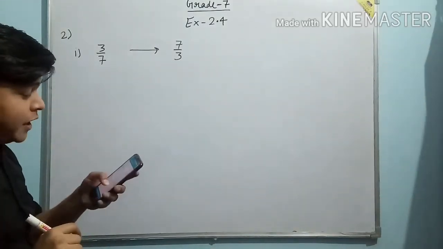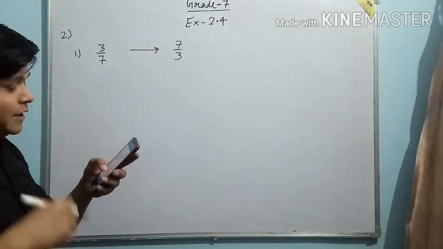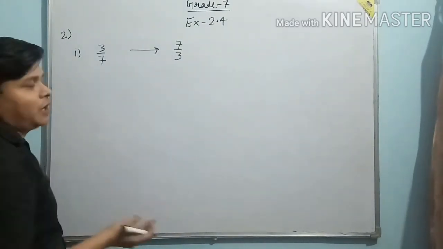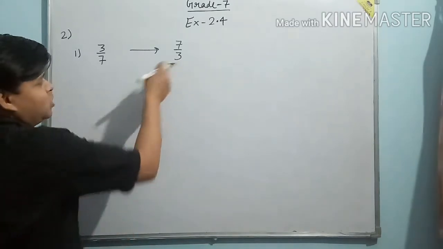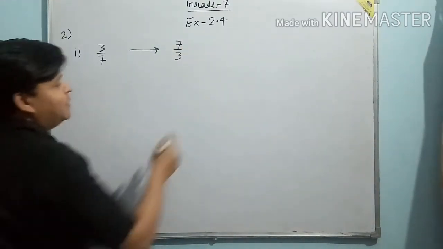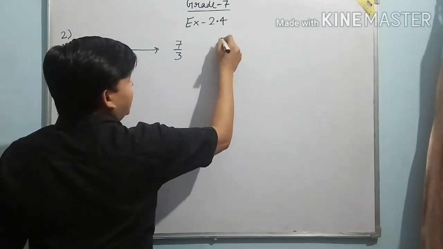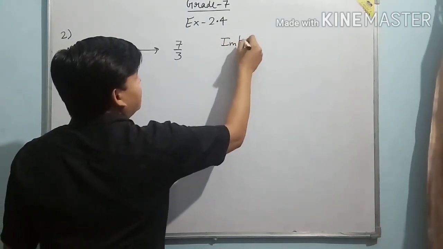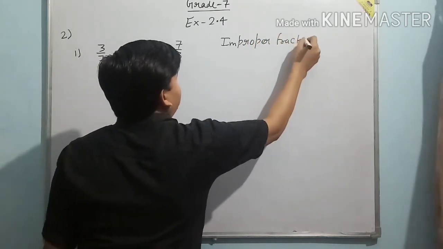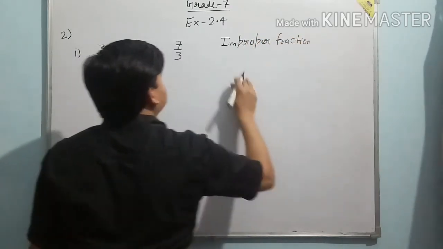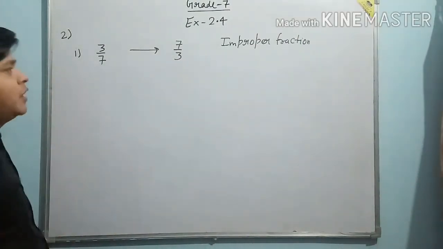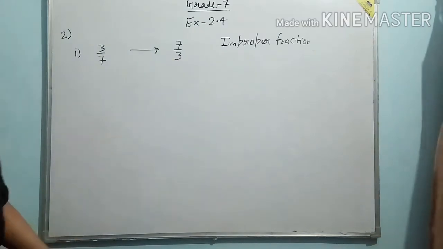We also have to identify which type of fraction this is, whether proper fraction, improper fraction, or whole number. As we all know what improper and proper fractions are, here you can see that the numerator is greater than the denominator. That means this is an improper fraction. So you all can complete this. You all know very well how to do the reciprocal of the given numbers. So let's move to the next question, number 3.